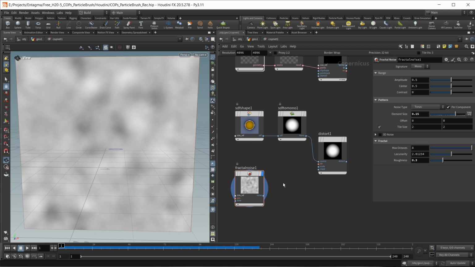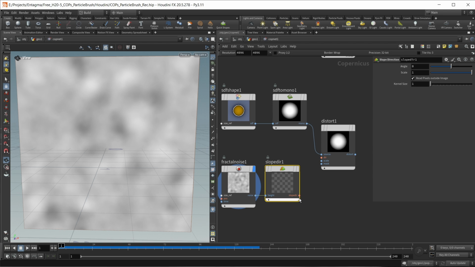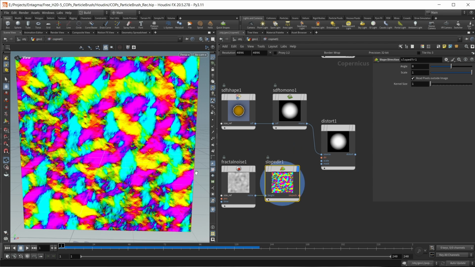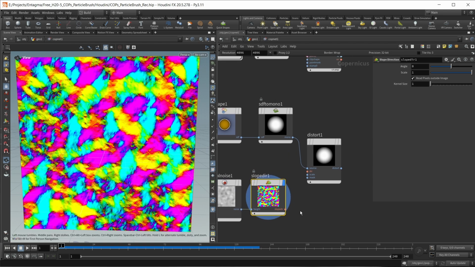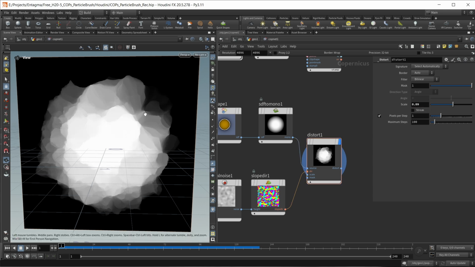And then I'm going to turn this fractal noise into a direction with a slope dir node, slope direction. Our noise goes in here into the height input, and now we have a slope direction output and this map that encodes that slope direction. Let's wire this into the direction. We can see a bit happening right here on our distortion. We can make this a bit stronger. Let's maybe make this a value of 0.09. And I think this is quite a neat looking